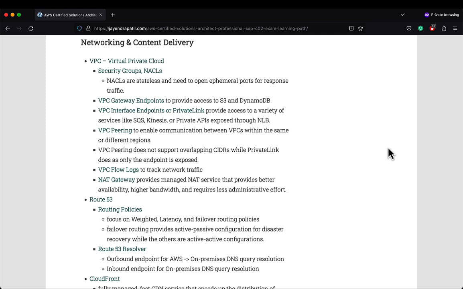Route 53 Resolver. Understand the endpoints. Outbound endpoint is for AWS to on-premises DNS query resolution, while inbound endpoints are for on-premises to AWS DNS query